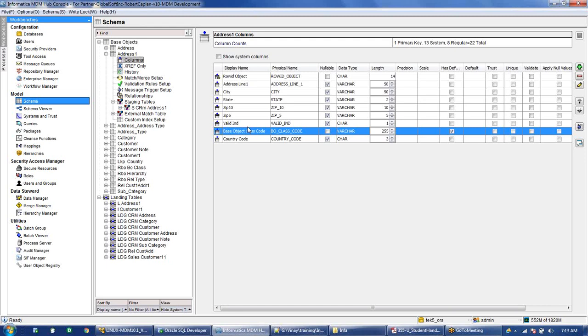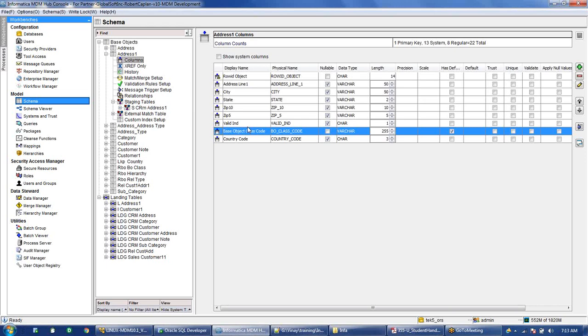So in this case, if you have to implement HM, we generally do it like this. We will not do the HM in the main environment. We will create a new ORS basically. In that ORS, I will do an export of my production environment and put that into a new ORS, which is a blank ORS. In that blank ORS, which doesn't have any data, only metadata is present, I will configure HM, like I did here. There was no data in the tables, so I configured the HM.